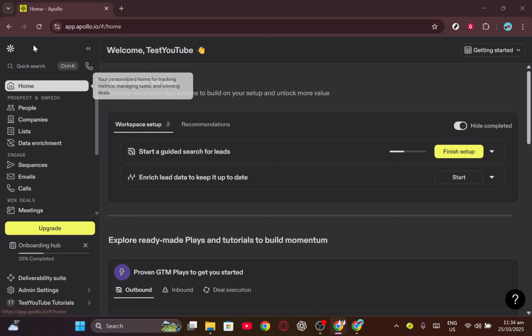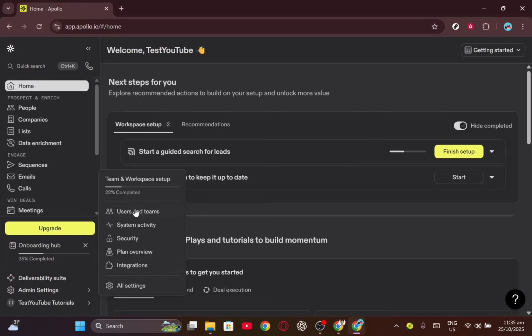Once you're there, the next step is to look for the Admin Settings option. This is usually found in the sidebar or under a settings icon, so keep an eye out as you navigate through the interface. Clicking on Admin Settings will take you to a new screen where you can access various configurations